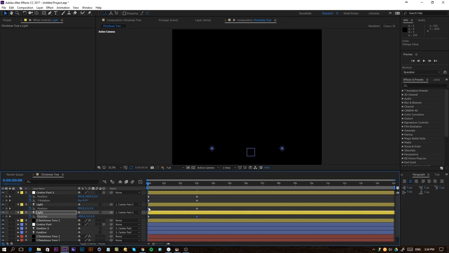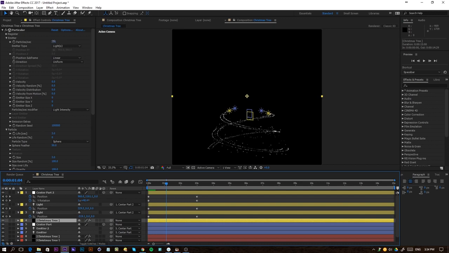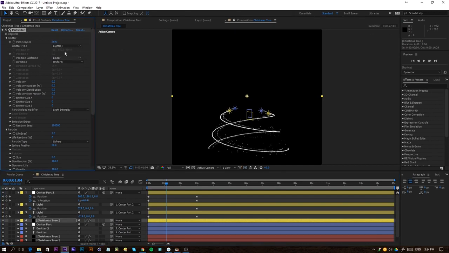So go to the actual keyframe. I'm going to click on this arrow to jump to the first keyframe, and then I'm going to just move this one a little bit more to the right and this one more to the left. And now we have like an offset here of our Christmas tree, as you can see right here, which is also pretty cool. If you click on that Christmas tree here, I'm going to increase my particles per second to